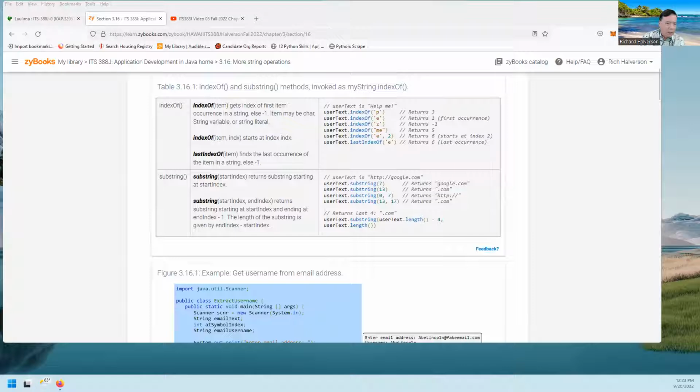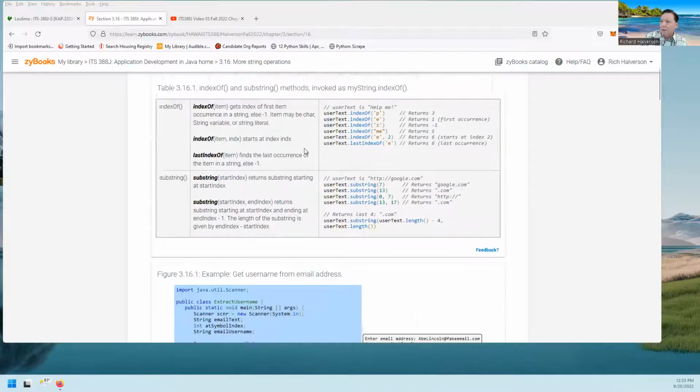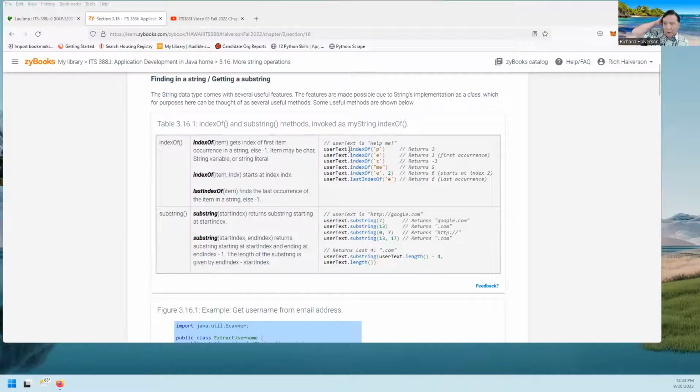316, and that's character operations. This is going to return the index. This looks into user text and will return the index of this letter. So it's going to be 0, 1, 2, 3, 4, whatever, and it's this 3 because index 3, 0, 1, 2, 3 is the P. Index of this is